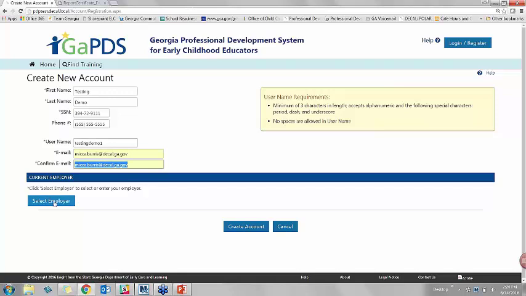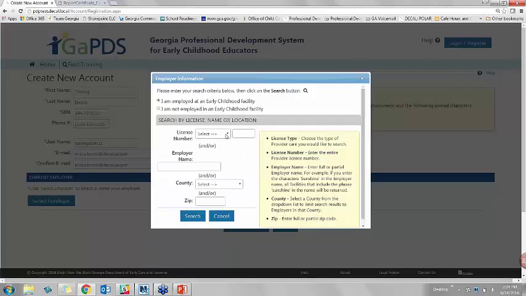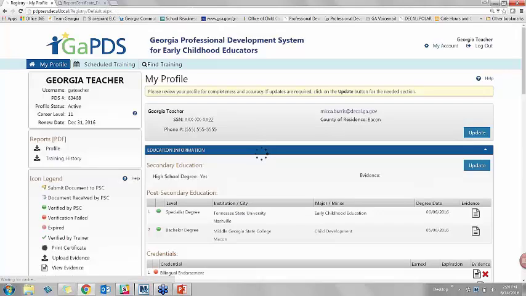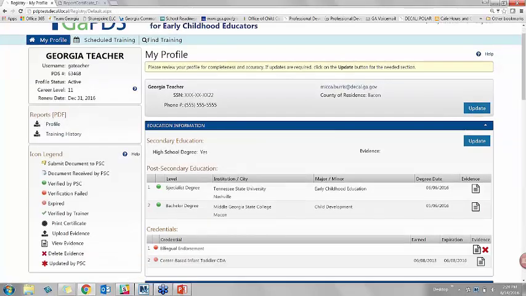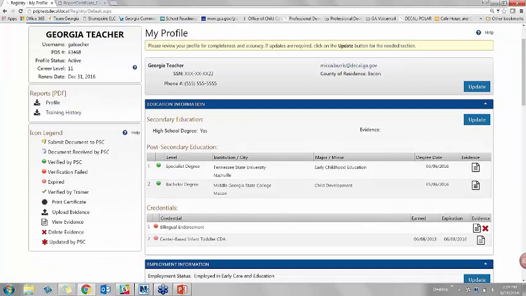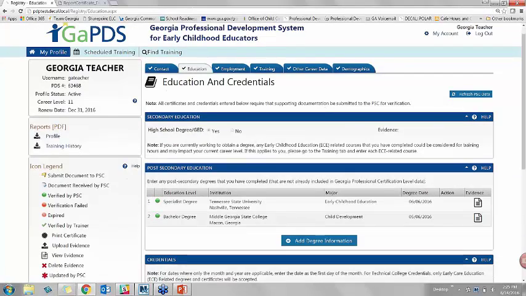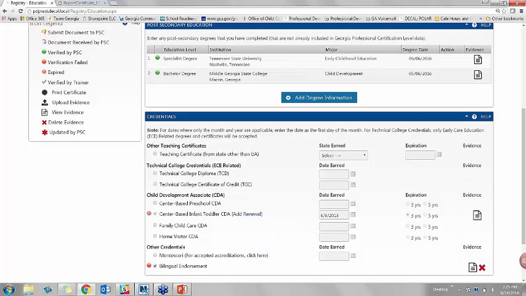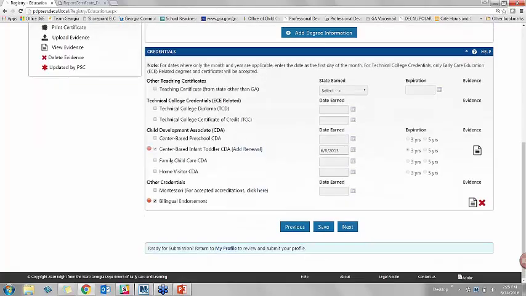It does have to be a unique email address. In this instance, I'm going to add them to this same employer. Walk through and update everything. They can add in additional credentials. You can also see for this